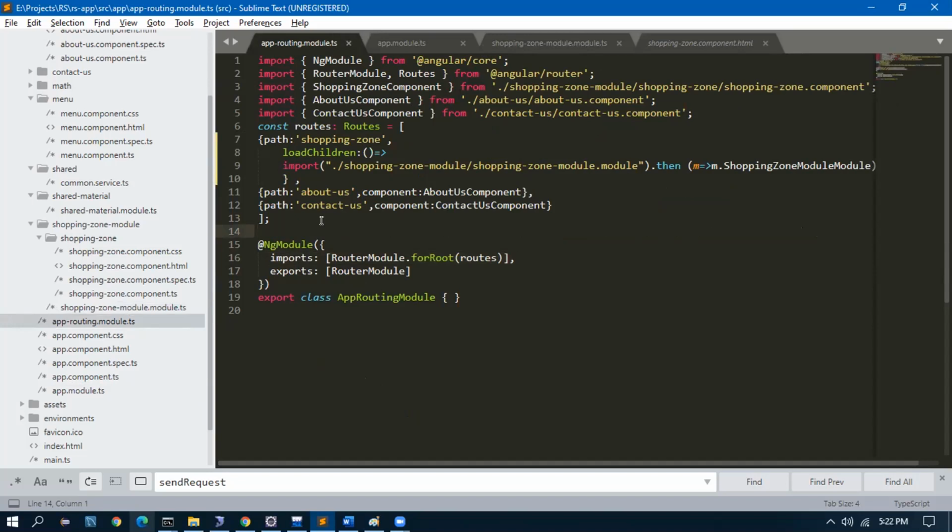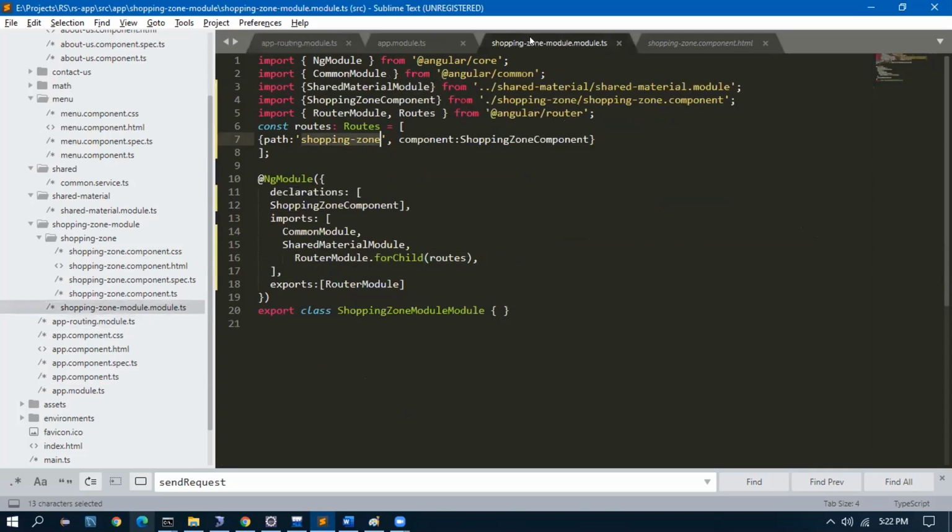Yeah, here we gave them. We can copy and paste over there and just remove whatever component we don't need. Yes, actually one shopping zone. Shopping. Let me try.